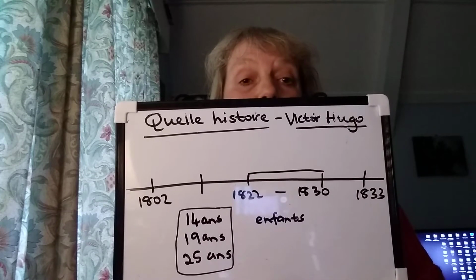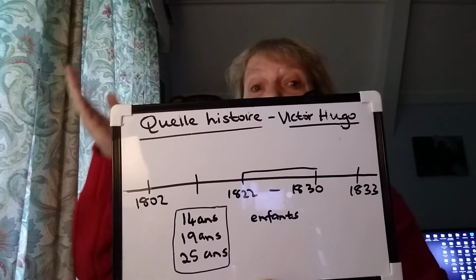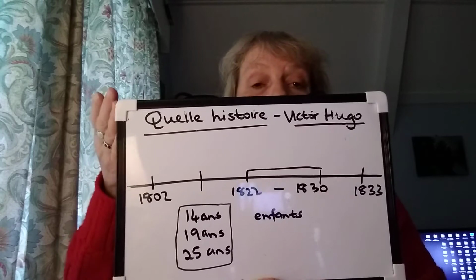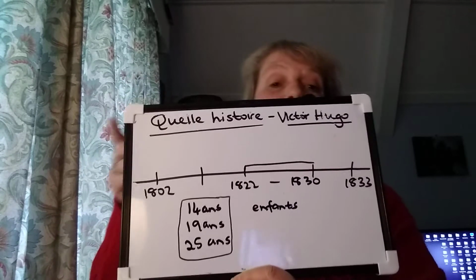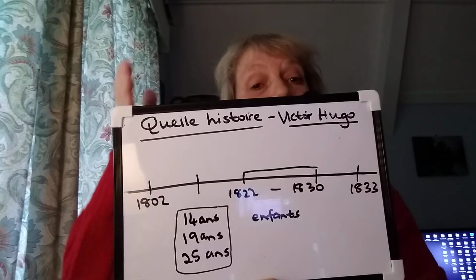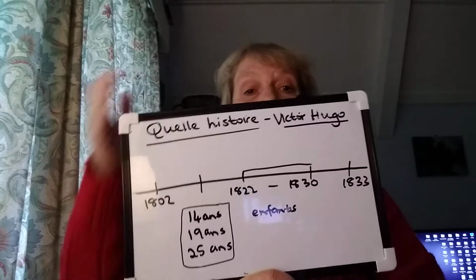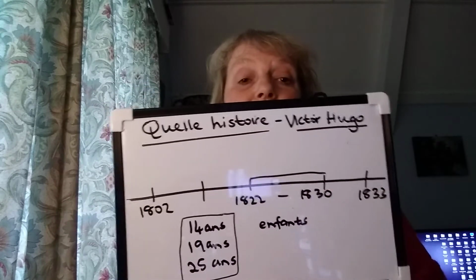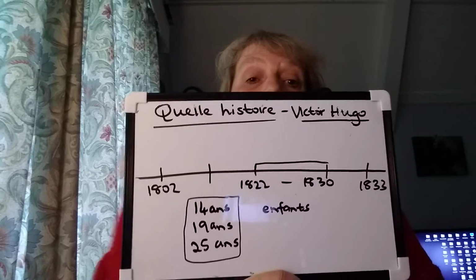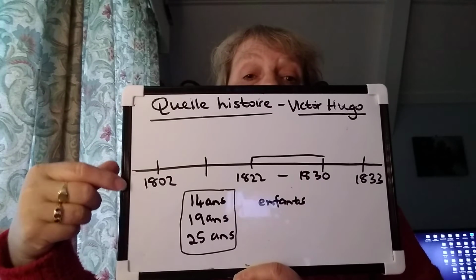Donc en ce moment, qu'est-ce qui se passe? What is happening? Se passer, to happen. Do you remember I said passer du temps is to spend time, or se passer is a reflexive, what is happening at the moment, in time. But in the past, you'd say, qu'est-ce qui s'est passé?